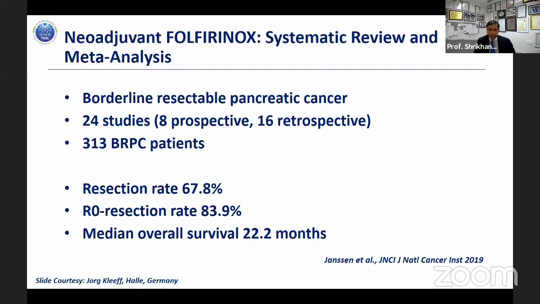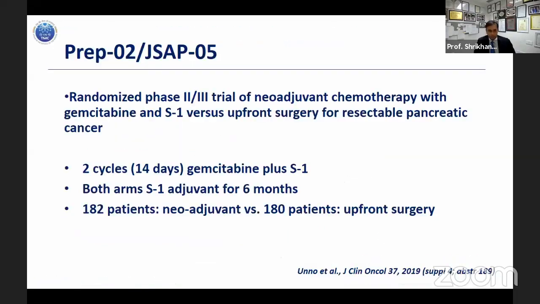You do lose anywhere between 15 to 20% of patients in the neoadjuvant setting who may not come up for surgery because of disease progression and other factors. This is a fact, but this is pushing for selecting patients who deserve surgery as morbid and as major as pancreatic cancer resectional surgery. There is more data.